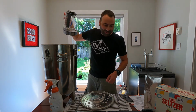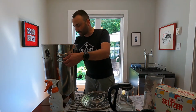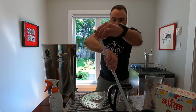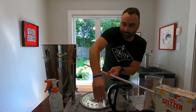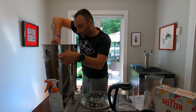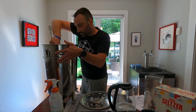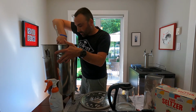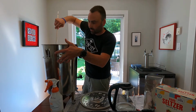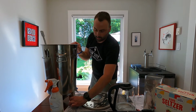So this is always a good point to mention. Make sure that the spigot's closed on your fermenter bucket. It would be nothing worse than losing all of that. So I'll take my sanitized paddle here. Okay, foam and everything. I'm going to give this a good stir. Probably good. And next I'm going to add